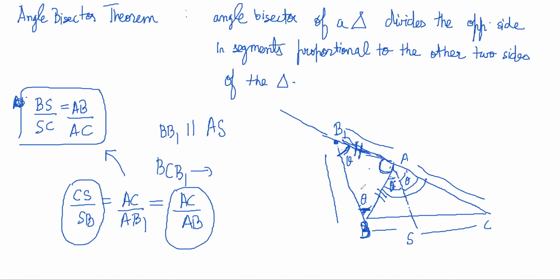Yes. Okay. So now a similar proof can be done for the external angle bisector also. This is the internal angle bisector we had seen. So there is an external angle bisector theorem also. I will just draw the figure and the theorem. So we have a triangle ABC, and this is A, this is B, this is C, and let's draw the external angle bisector.